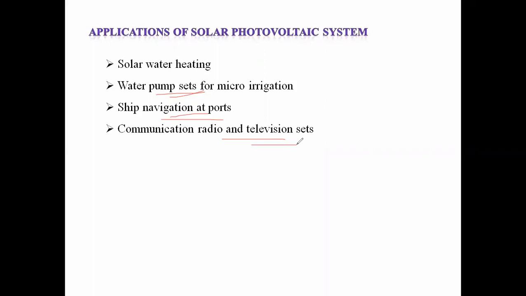Even at present, some rural areas are still without electricity. For such places, we can place a PV panel based on the demand. A 1 kilowatt PV panel is sufficient for the home appliances of one house, such as TV, lights, and fan. We connect the charge controller; the output of the charge controller is connected to the battery, and the output of the battery goes to the inverter, which converts DC to AC. Then we can utilize the load.